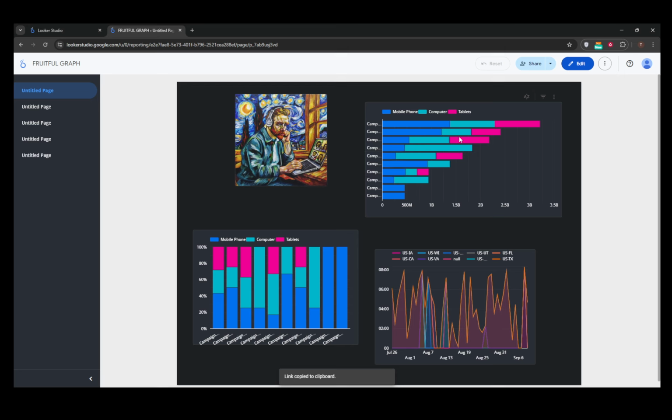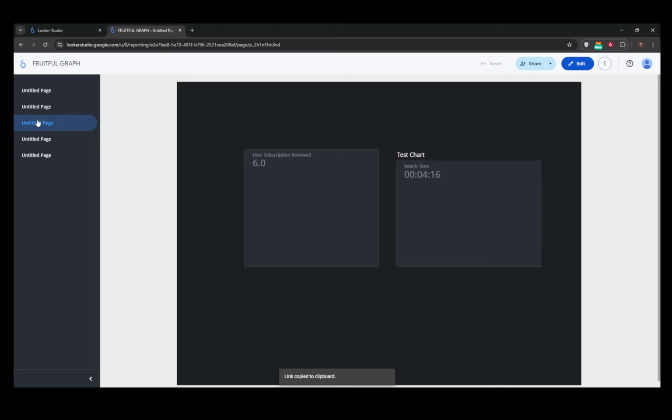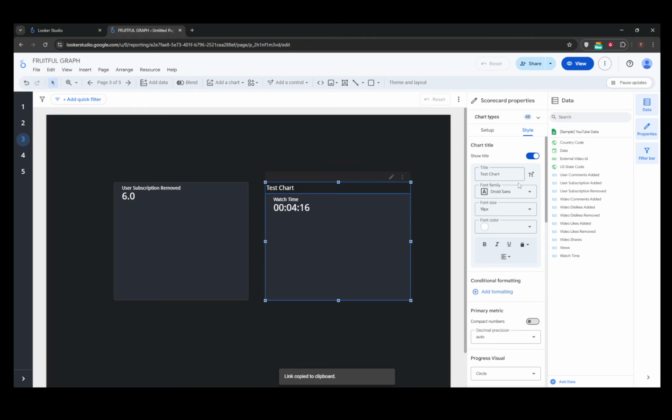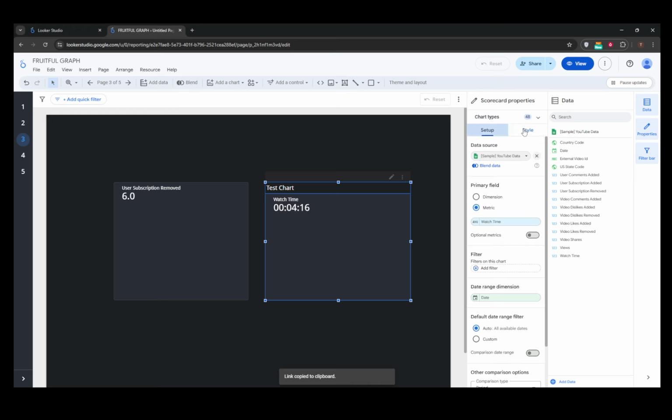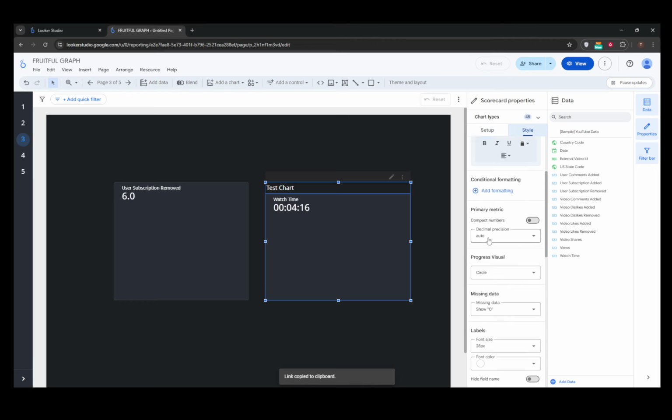Now that we've got a grasp of what compact numbers are, let's get into how you can enable them in Looker Studio, starting with scorecards. Begin by selecting your scorecard while in Edit mode. Once you've got it selected, you'll want to navigate to the Style tab. Here, you'll find a toggle option for compact numbers. Switch it on, and your numbers will transform from bulky figures to neat compact units. Additionally, you can adjust the decimal precision according to your preference. For instance, you might choose to display a number as 1.5K rather than rounding it up to 2K, depending on